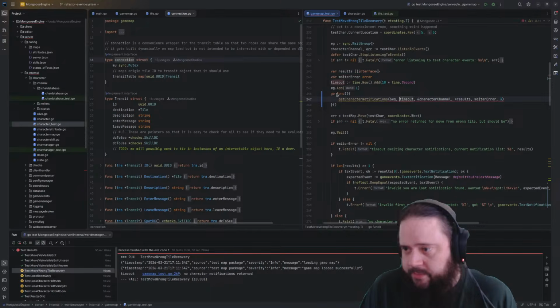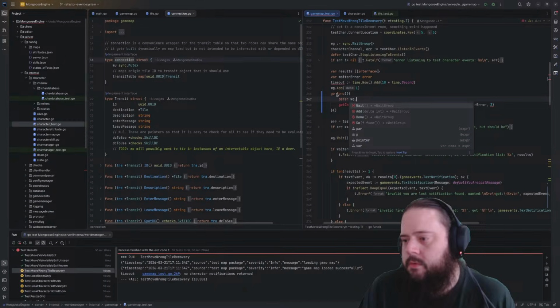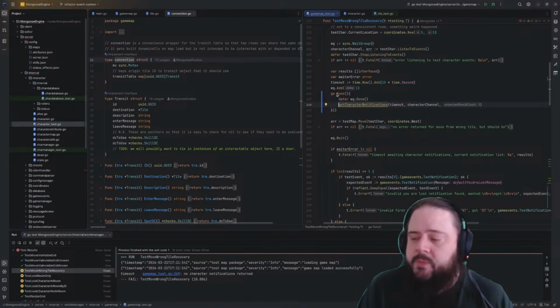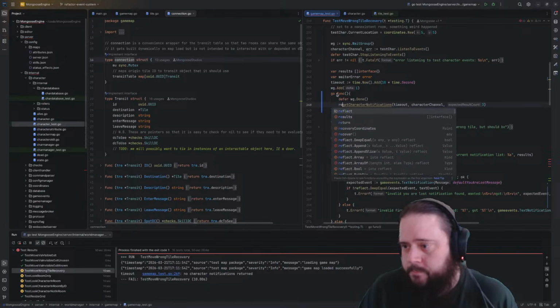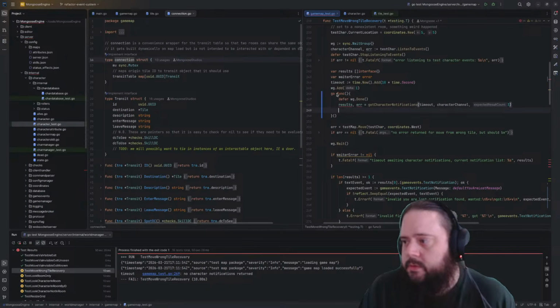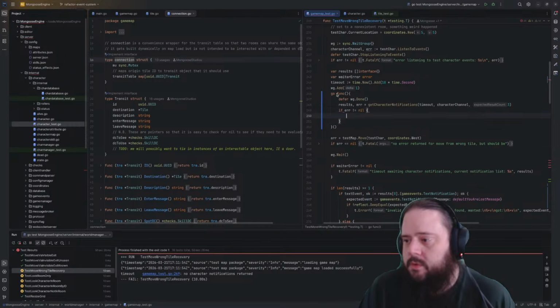This comes out of here. We still add. I'm going to defer the done up here. Timeout, character channel. We don't need results. We don't need error. We do need the count still, like so. Error. If error is not nil, then